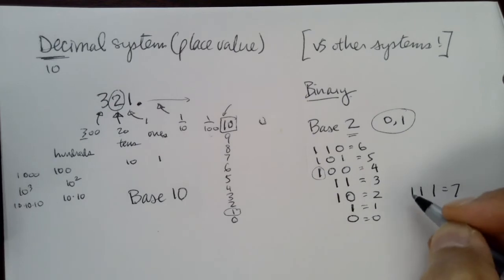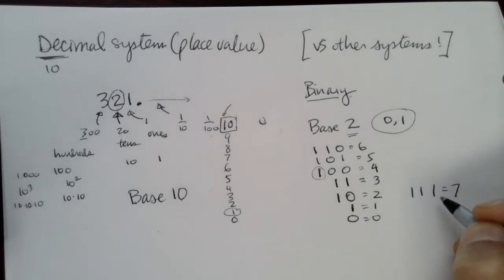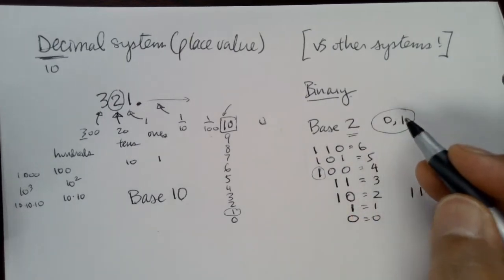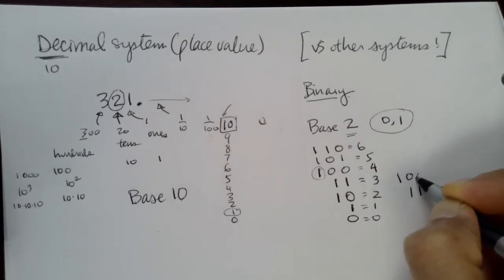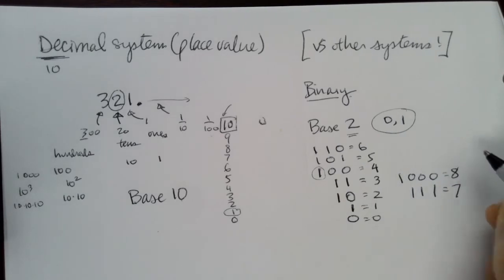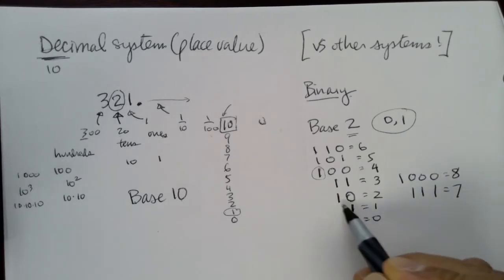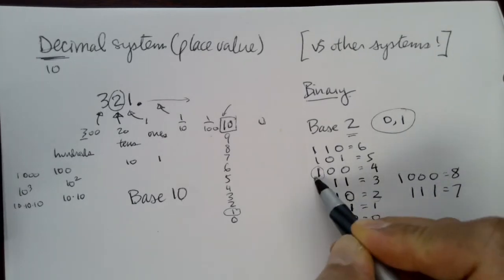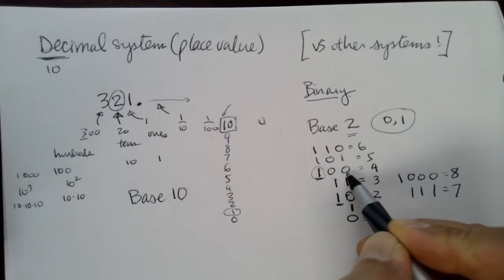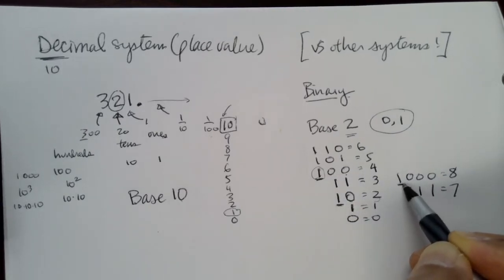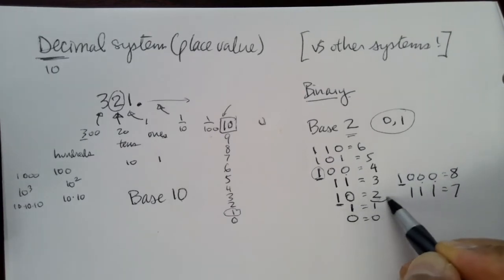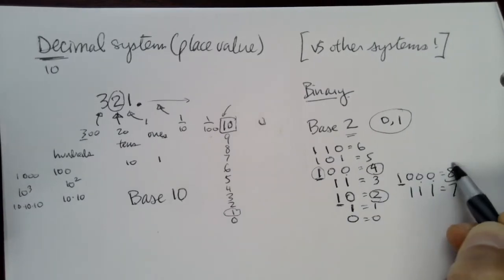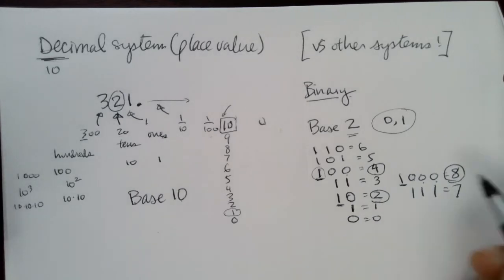This is almost like 999 in decimal, but in binary, 1 is my biggest digit, so I add another one, and I have to go out another place. This is 8. So if you notice what these places mean, 1, 2, that's a 4, no 2's, no 1's. This is 8, no 4's, no 2's, no 1's. You might notice that these are all powers of 2. 2, 4, 8. Right, the next place over would be